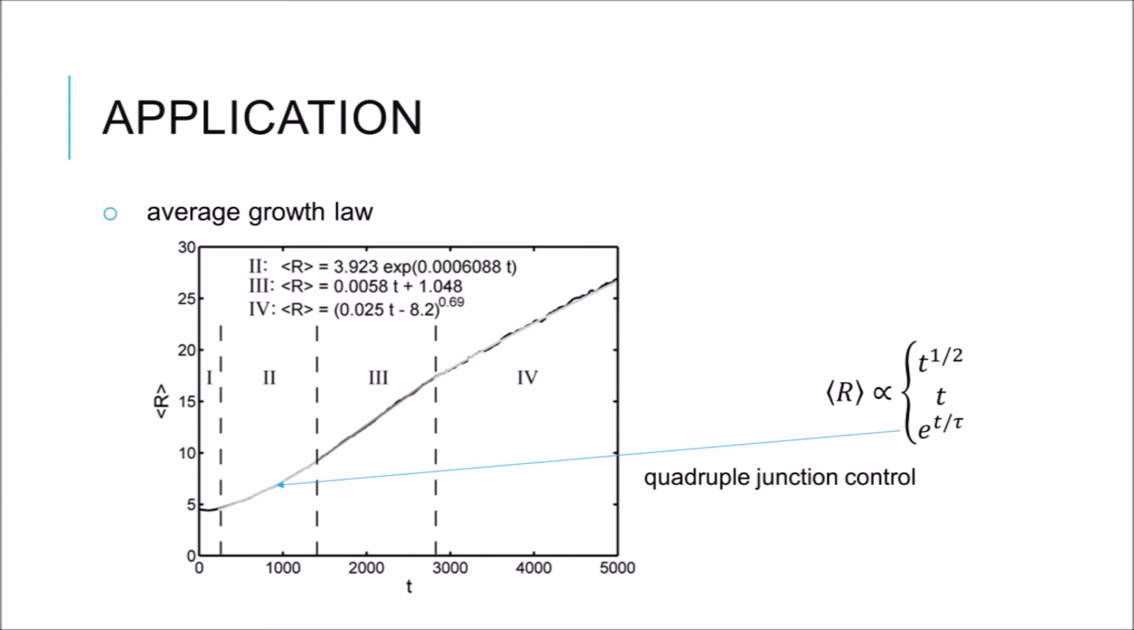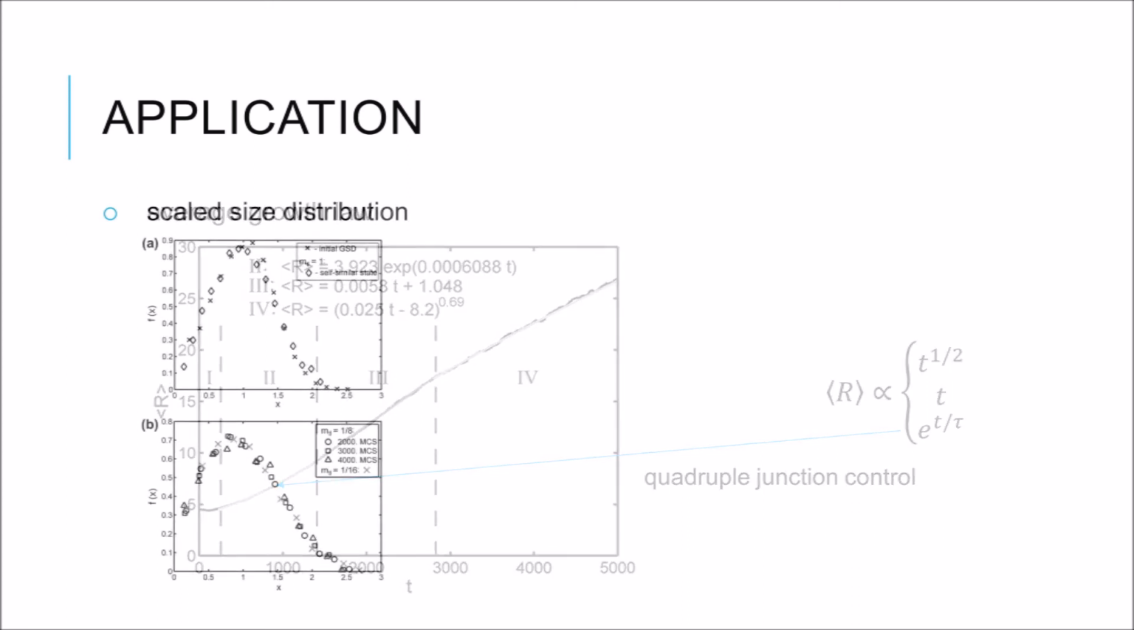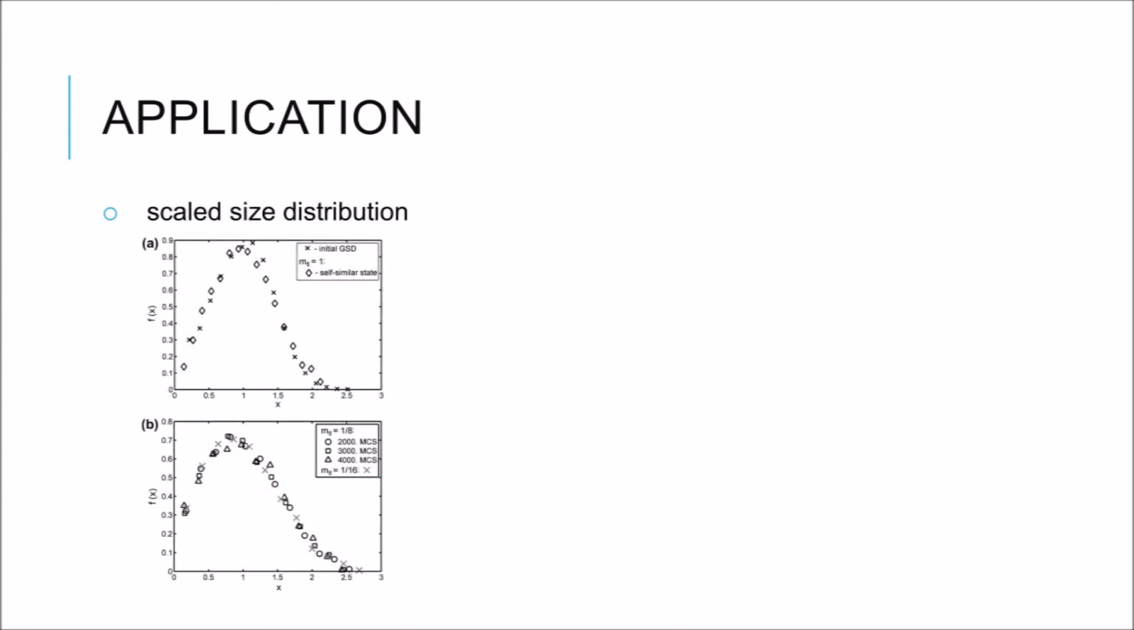The question is, we just saw that the scaled grain size distribution changes not that much, but we see a more skewed behavior, a broader distribution when we go from grain boundary control to triple junction control. Now the question is, what happens for quadruple junction control? And the answer is